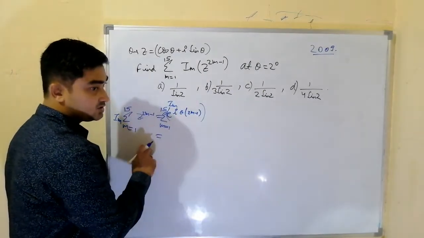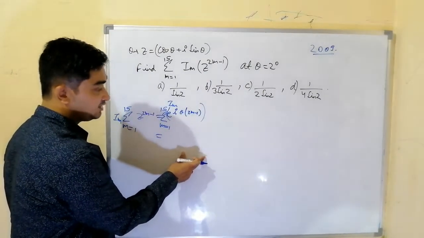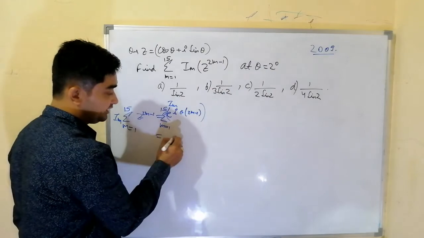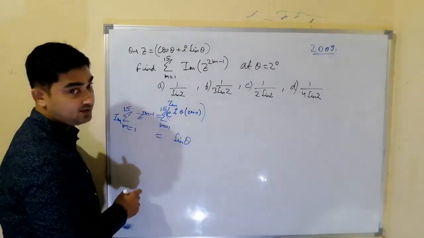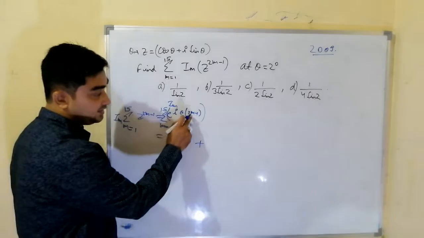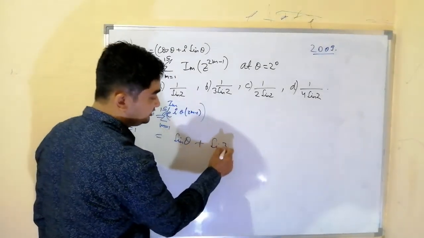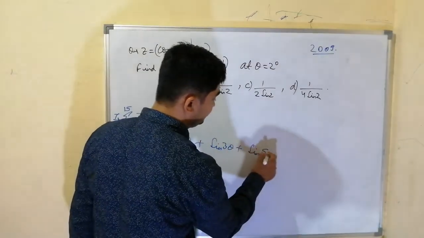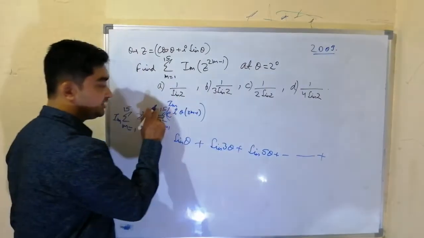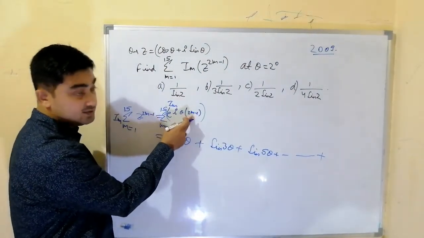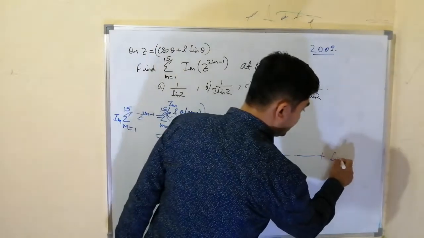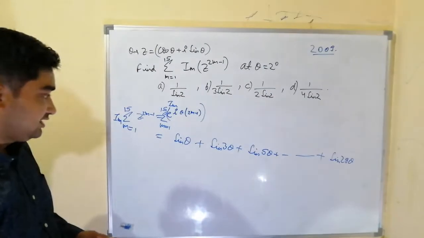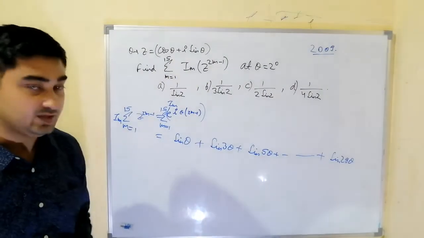For any complex number, cos theta plus iota sin theta, sin theta is the imaginary part. So when m is 1, it will become 2 minus 1, 1. Imaginary part is sin theta. Whenever m is 2, it is 3. So imaginary part is sin 3 theta. Whenever m is 3, it is 5. So imaginary part is sin 5 theta. It will go up to whenever m is 15. M is 15 means it is 29. So we'll have sin 29 theta. Now it is a series in sin theta where angles are in AP.